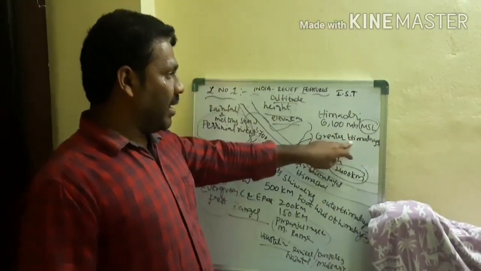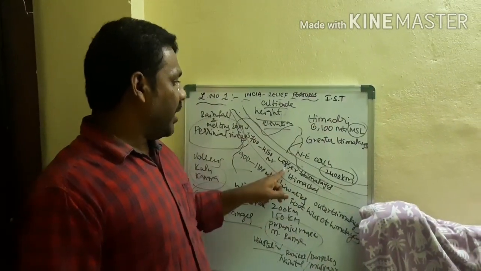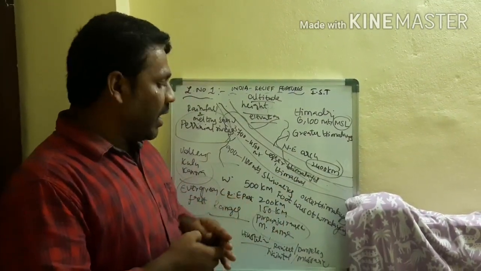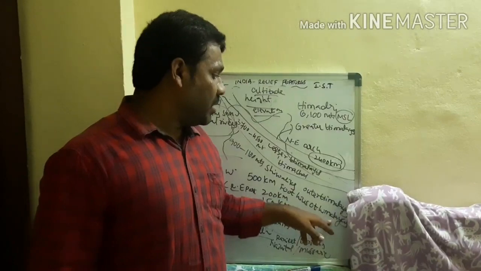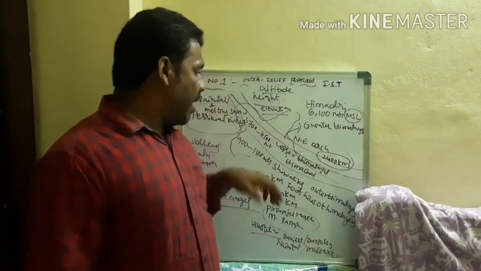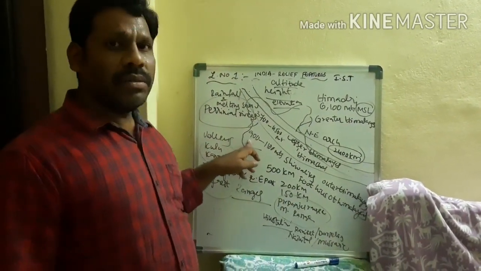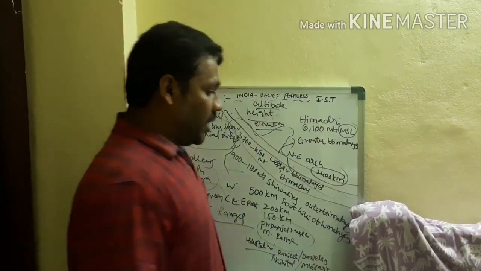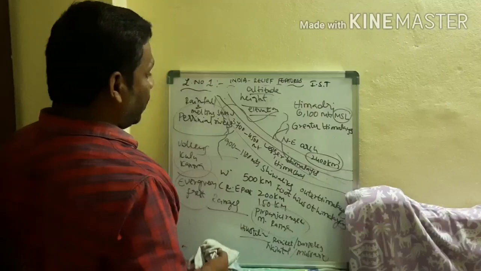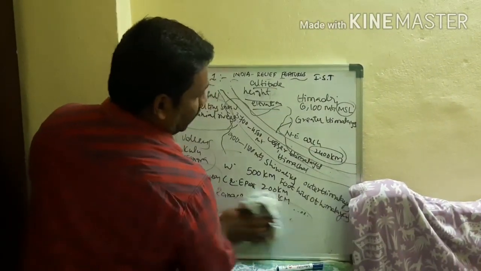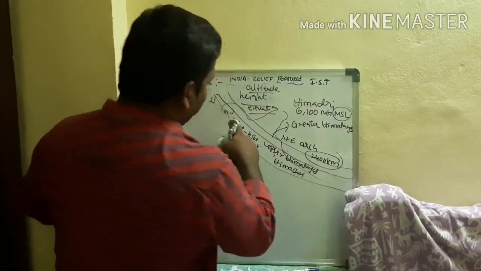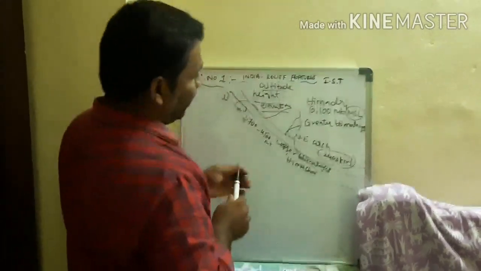The first one is the Greater Himalayas, or we can call it Himadri. The second is the Lesser Himalayas, Himachal. Now we will discuss the Shivaliks, the foothills of the Himalayas, or we can call them the outer Himalayas. On an average, the height is 900 to 1100 meters. These are called by different names in different regions. The Shivaliks run through the eastern part of our country, moving in a northeast direction like an arch.